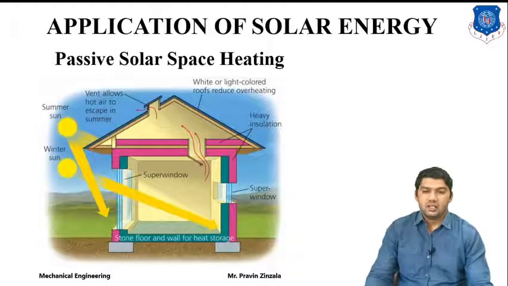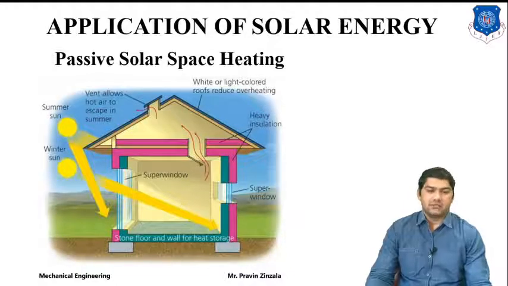So in winter, we keep this window closed. During the solar radiation, our space will be heated. But what happens in summer? In summer, we require cold air, so we can also provide one more mechanism. For example, this is the super window, on our almost north side, and here we will provide greenery.